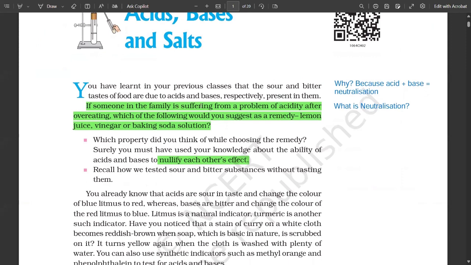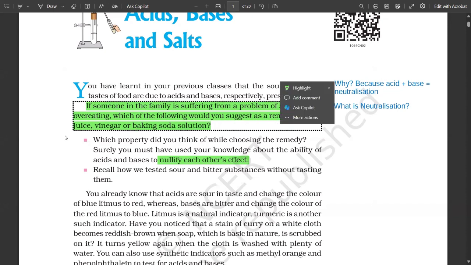If someone in the family is suffering from a problem of acidity after overeating, which of the following would you suggest as a remedy? Lemon juice, vinegar, or baking soda solution? So it's quite clear that we would be checking out the option of baking soda solution, right? Why? Because as mentioned, we know that the problem is due to acidity, and baking soda solution is basic in